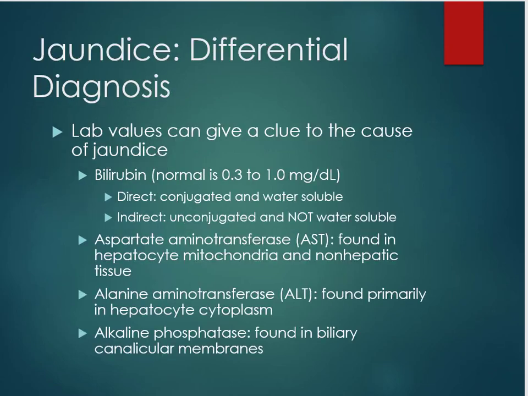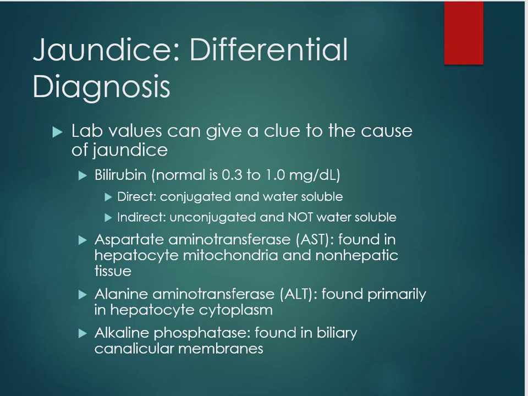So for jaundice, we do need to check some labs, and we would do a chemistry with that, and the lab values may give us a clue to the cause. We know that bilirubin ranges from anywhere from 0.3 to 1.0, and there are a couple of different types of tests for bilirubin, one being direct, which is conjugated and water soluble, and then the indirect, which is unconjugated and not water soluble. Other lab values in the liver panel that can give us information are your AST, and that's